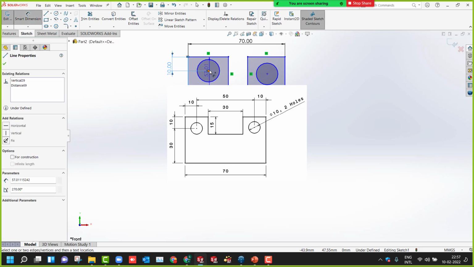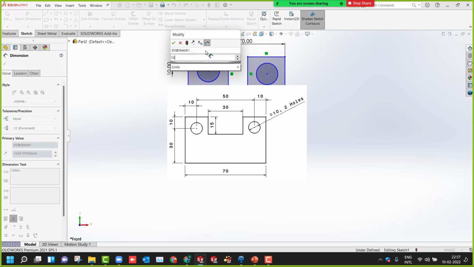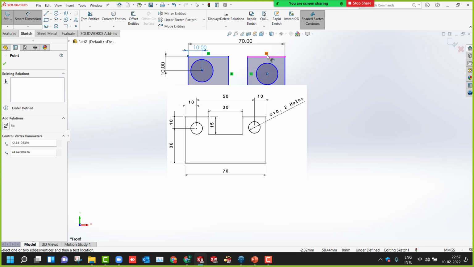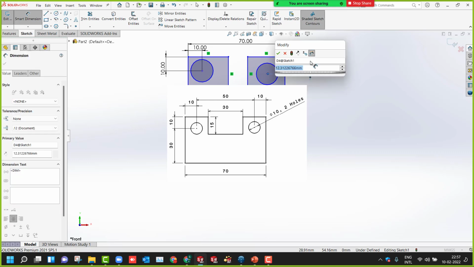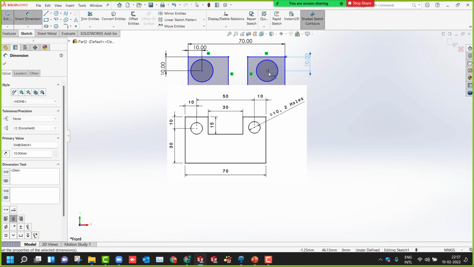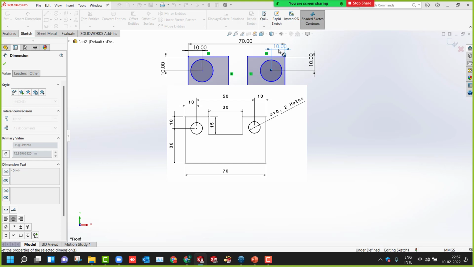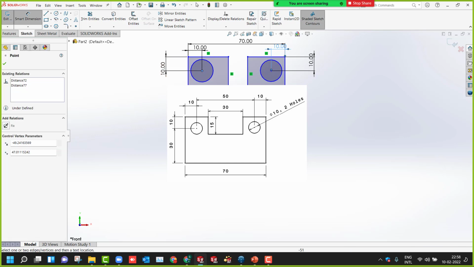Okay. It is 10. Yeah. And the same thing here. It is 10, right? And the same thing from this point to this, it is 10. And then what about this height from here to here?